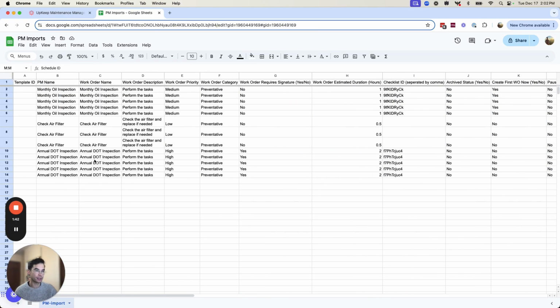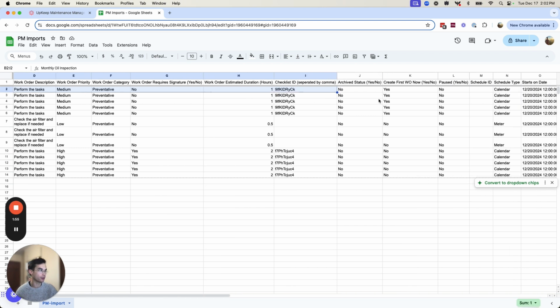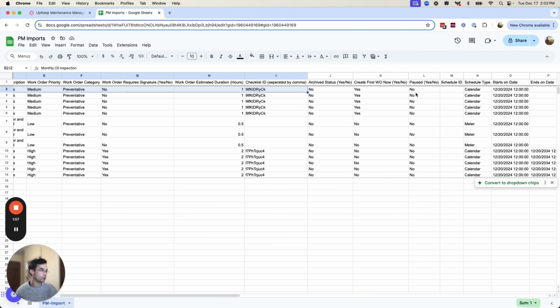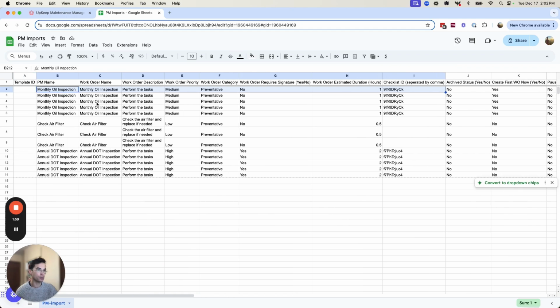So the way this import process works is if you want to create a single PM with many schedules underneath it, what you'll do is define those template details within the first few columns here, and then you'll need to copy those exactly for every single row of PM schedule that you want collapsed